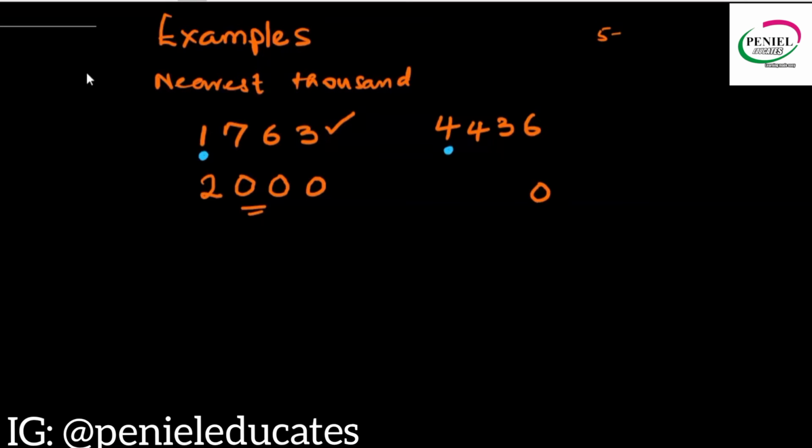Then that one we add to this. So this one becomes 4. This 4 also is not up to 5, so we just convert to 0 directly. Now this particular 4 is also not up to 5, we convert to 0 directly. Then we write our 4. We're not doing anything to our 4, we just write our 4. And that means 4,436 to the nearest thousand is